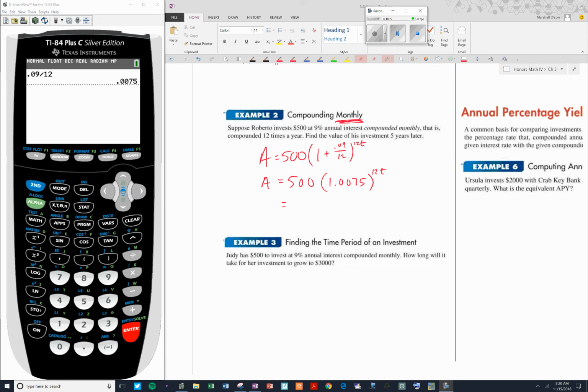All right, now that I've taken 9% divided by 12 to get the 0.0075, I'm going to add 1 to it. And I know that you know that adding 1 to it is just going to give us 1.0075. But the reason why I'm having us do that is because I want us to find out what this is here. Maybe not particularly for this problem. For this problem, I'd be okay with you just putting 5 in right now and getting the answer. But I just want to show you something quick to relate this to something we'll be doing shortly. If we took the 1.0075 to the 12th,